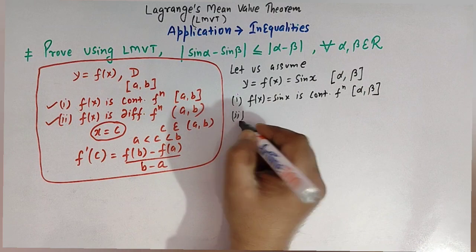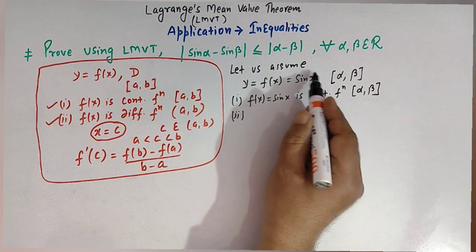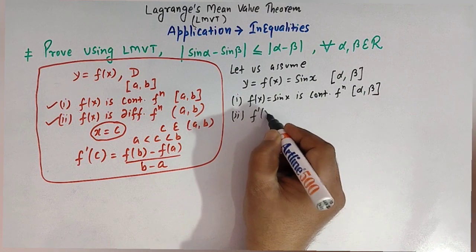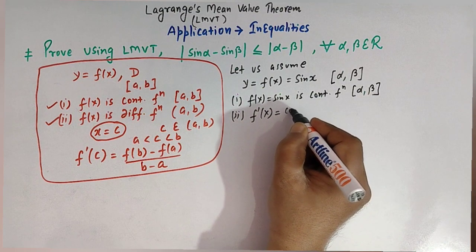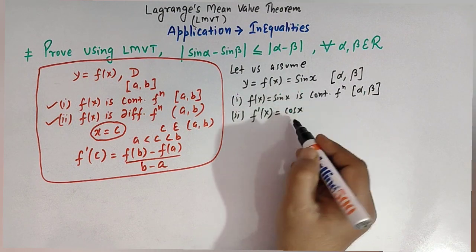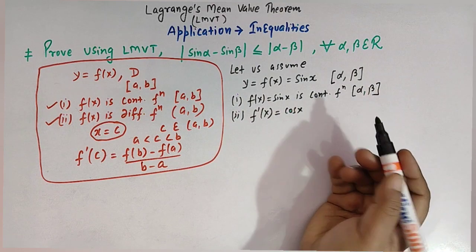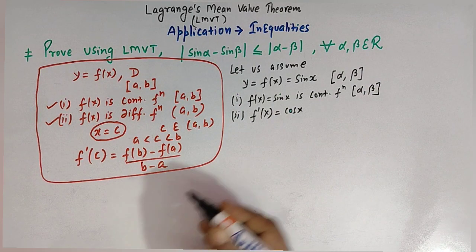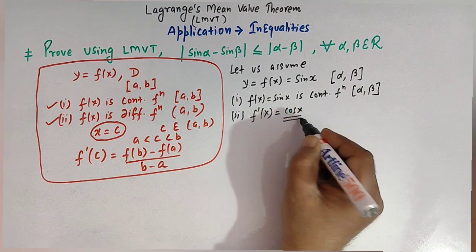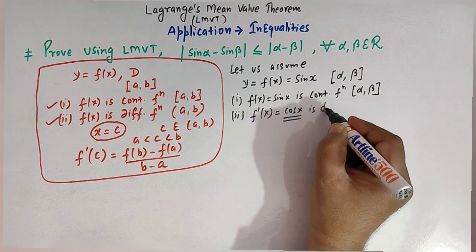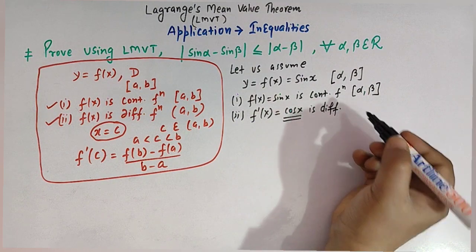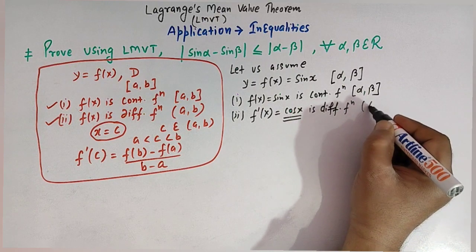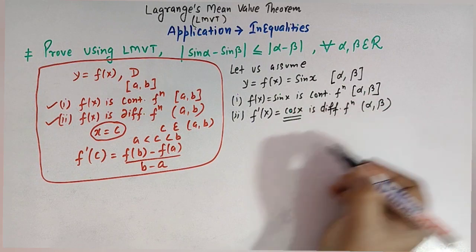Now let us find out the derivative of sine x. So f prime of x is cos x, because the derivative of sine x is cosine x. And again from trigonometry we know that cos x is derivable, or it is a differentiable function, right, in the interval alpha comma beta,